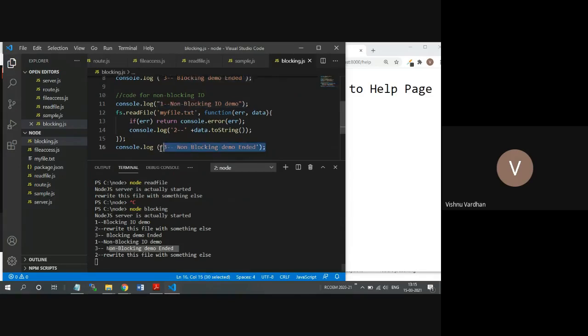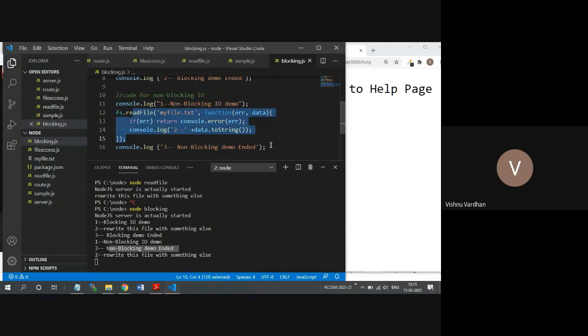Thereafter, non-blocking demo ended was printed directly, because by this time it is still opening the file to read the content. So it is independent of the input-output operations. The execution model of the Node.js framework is independent of the input-output operations, which are happening at that particular time.